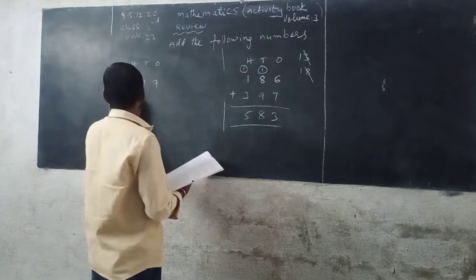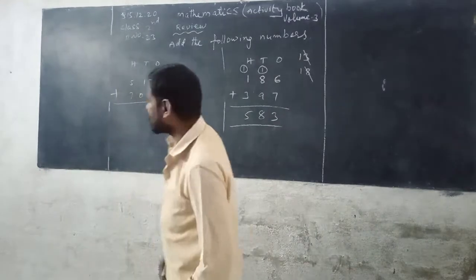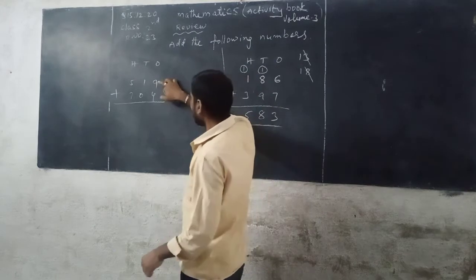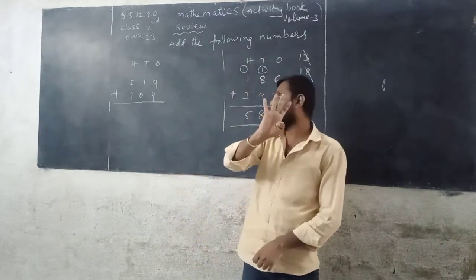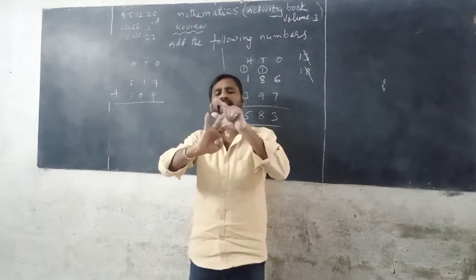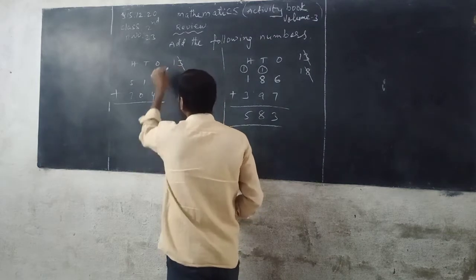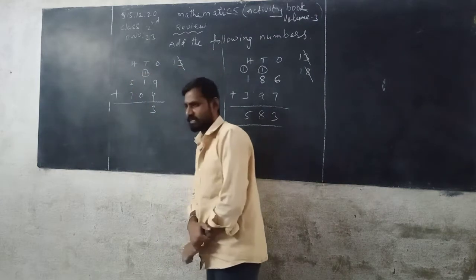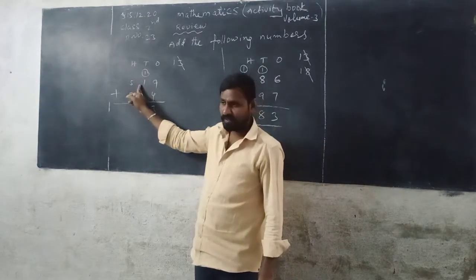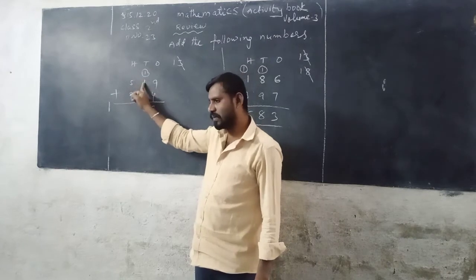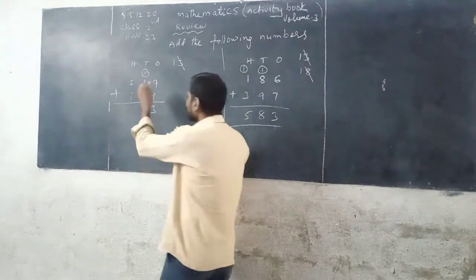Now next, 519 plus 704. First, write the given numbers column-wise according to their places. First, add the digits in the ones place, that is 9 plus 4. Keep 9 in the mind and take 4 fingers in your hand. 9, after that you can count 10, 11, 12, 13. So 13 is a 2-digit number. You write 3 down in the ones column and 1 is carried over to the tens place. So see, 1 plus 1, 2. 2 plus 0, what do we get? 2. Write 2 down here.